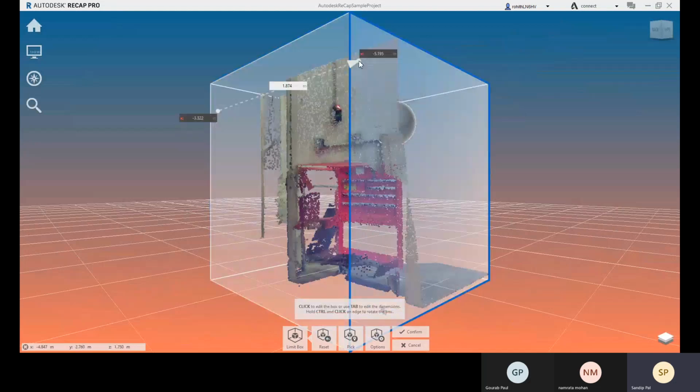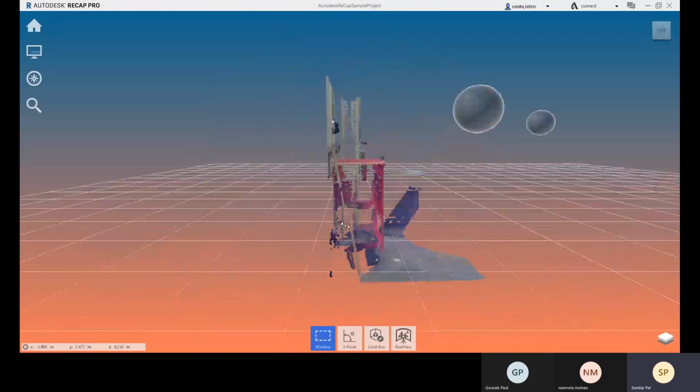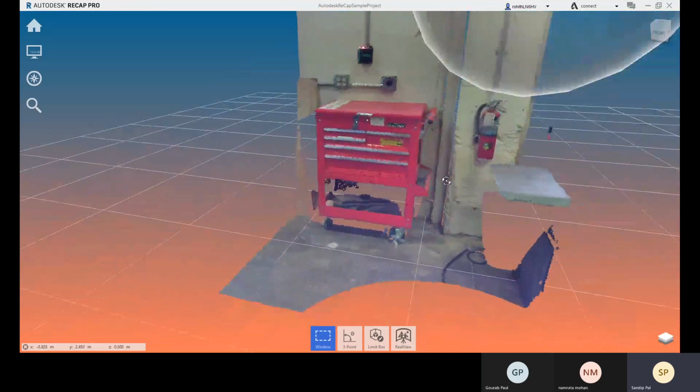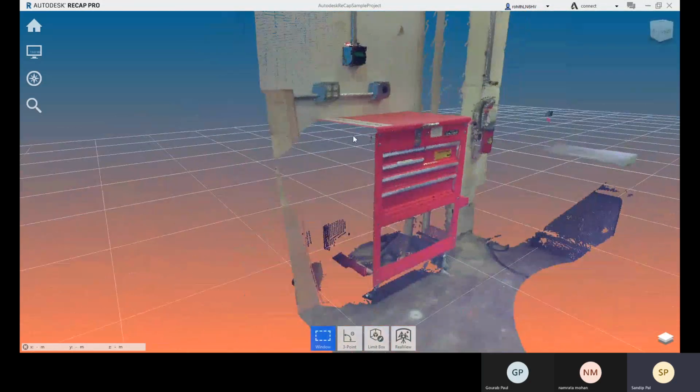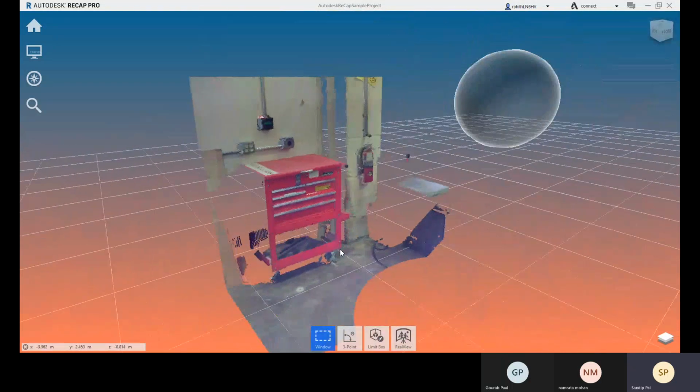Around this object only I will have that, and right now I can specifically work on this object. Click on confirm, and right now I only have this object, so I can work on it better, right, with less confusion.